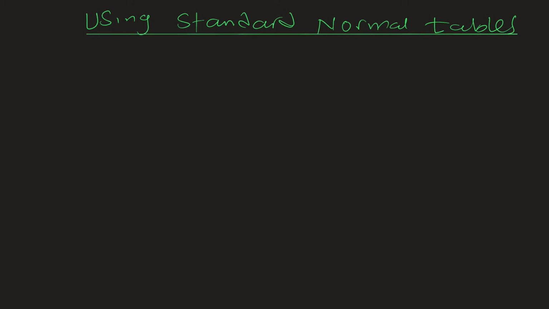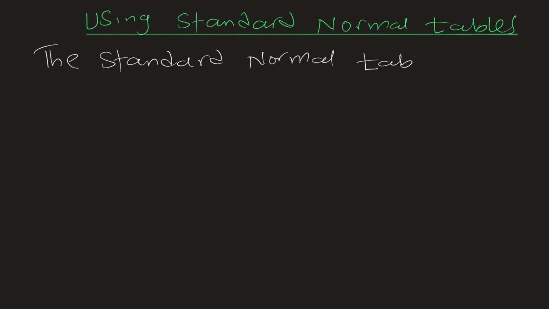They are standard tables that will give you the probabilities for the standard normal variable z. So the question is, how do we use these standard normal tables? The standard normal tables give the area under the curve